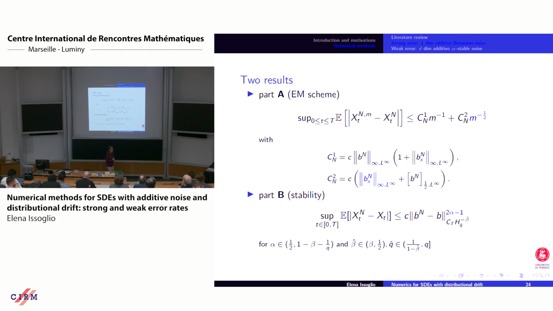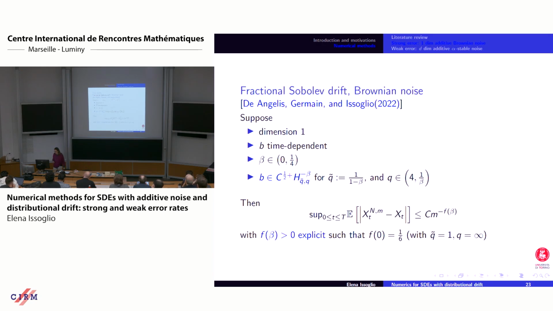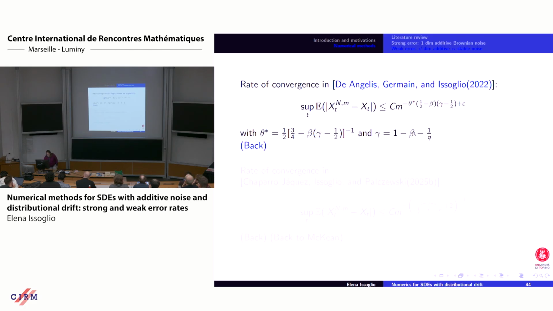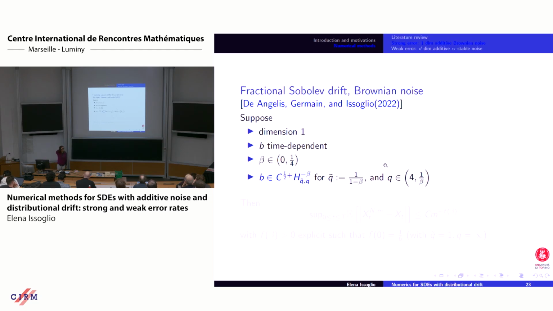And could you give some optimal or suitable choices of this theta? Of the relation between capital N and little m. Well, with this estimate, the optimal choice is the one we found, theta star. Yes, exactly, N is m to the power theta. That's exactly the computation we did, and that was the theta, which is clearly not optimal, because the estimate is not optimal. We don't have an optimal estimate. Thank you.